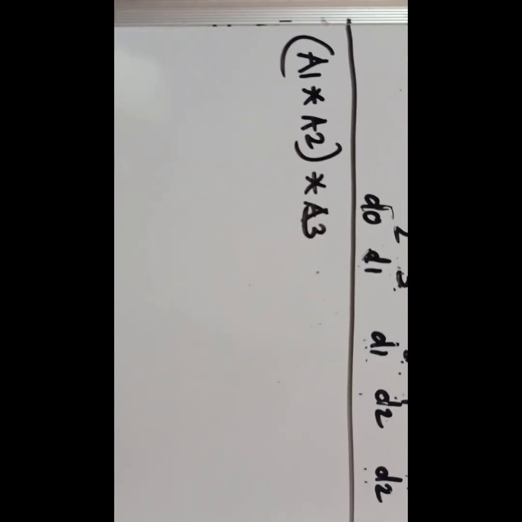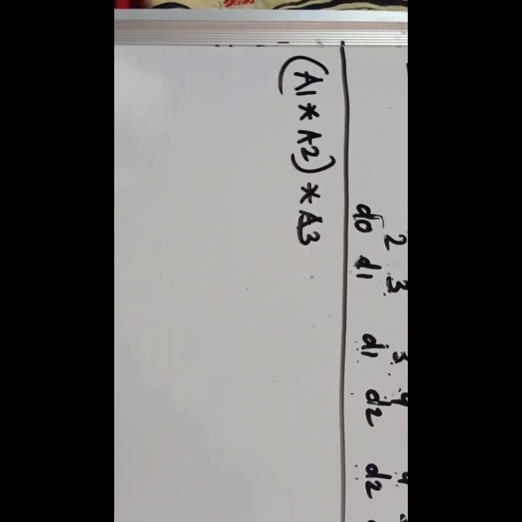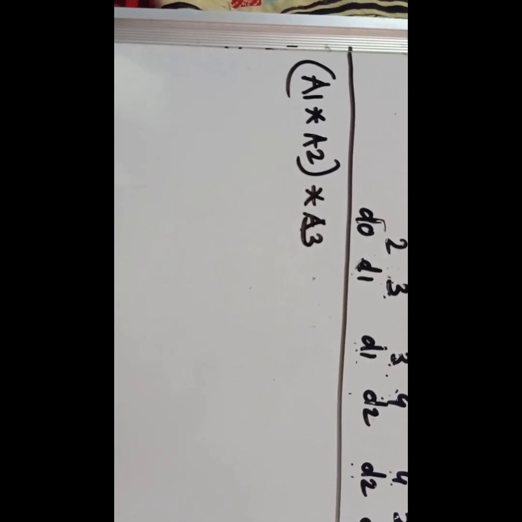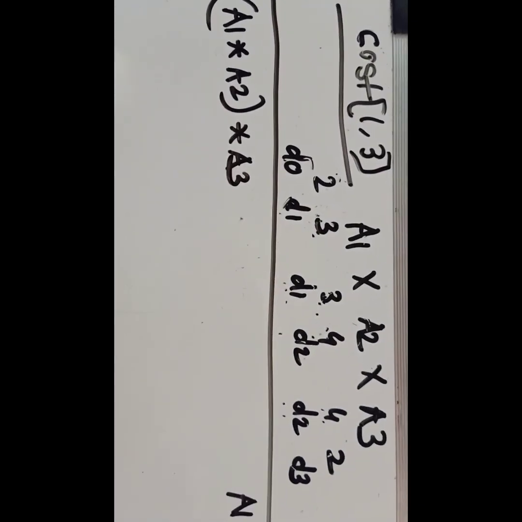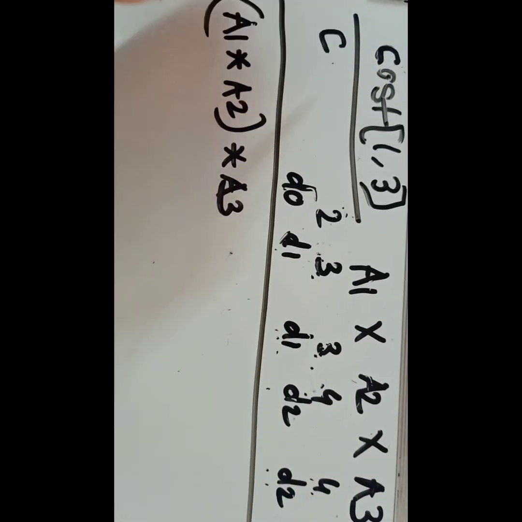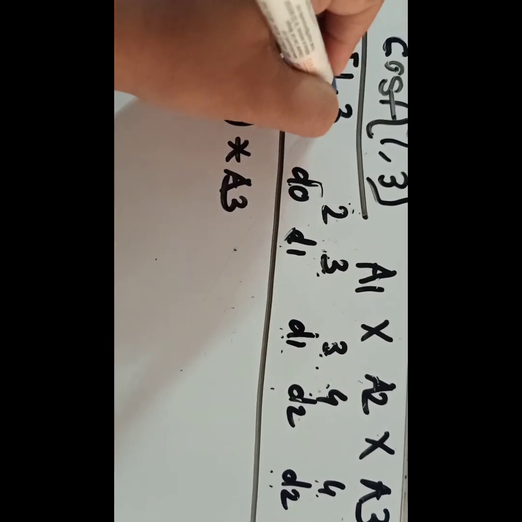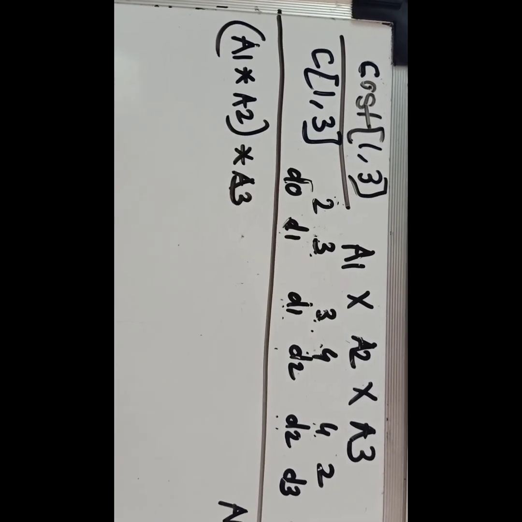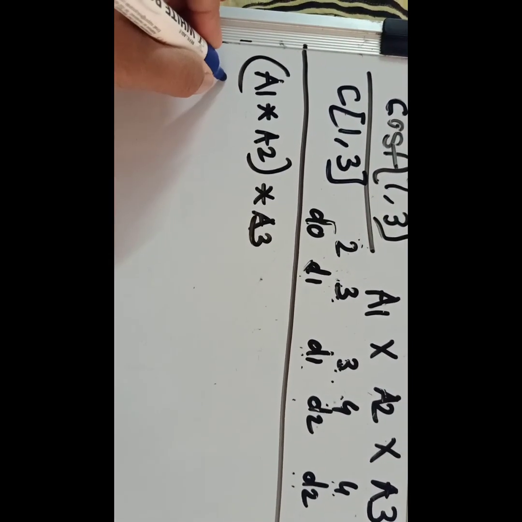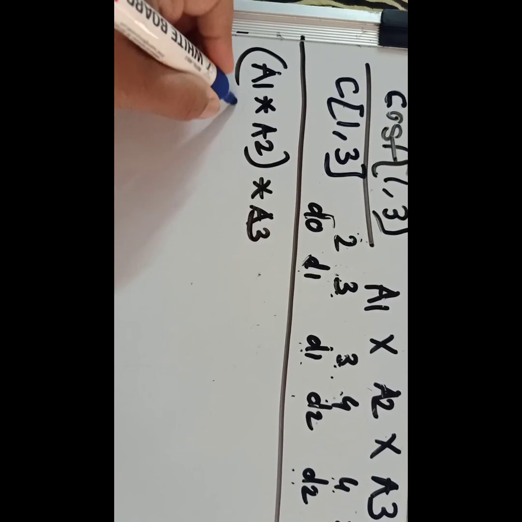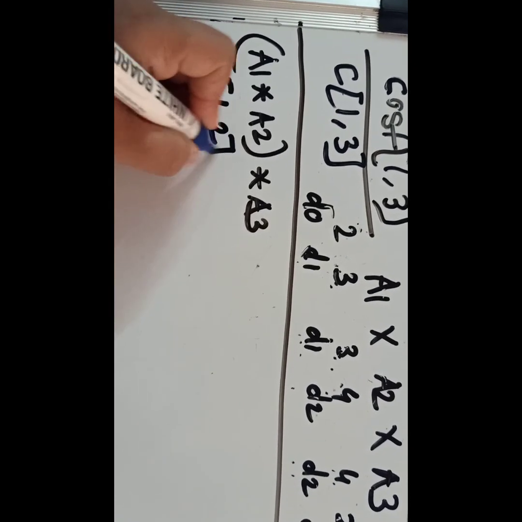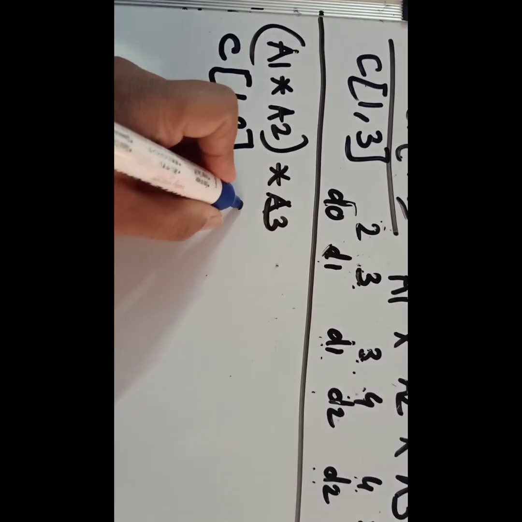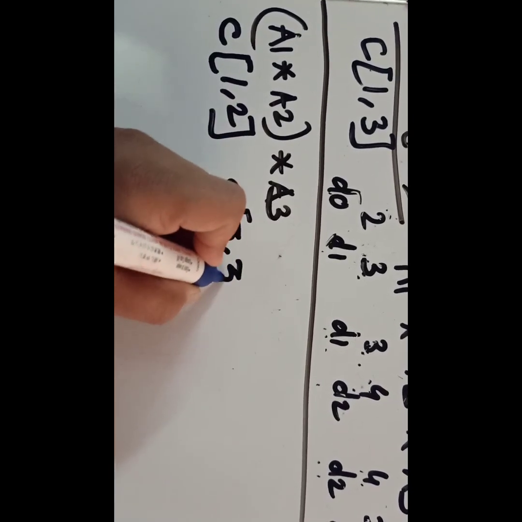Now for the first sequence where we are multiplying the matrices A1 and A2 together and then the resultant matrix with A3. Now as we have seen the cost of 1, 3, now instead of cost I will use C here. C of 1, 3, it is the cost of matrix multiplication A1, A2, A3. Now exactly in the same way, this A1 and A2, it can be a cost of C of 1, 2. Right? A3 is multiplied with itself, so it will be cost of C of 3, 3.